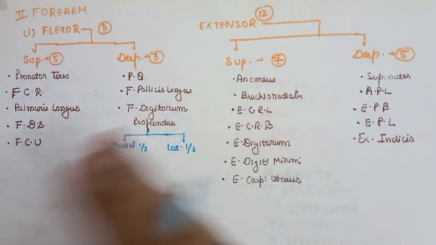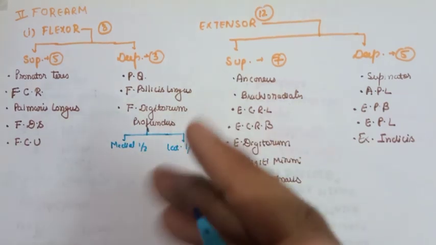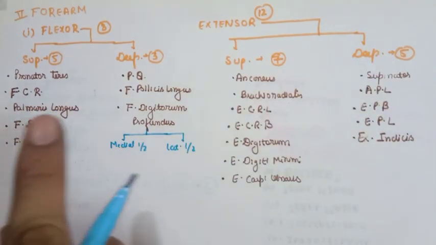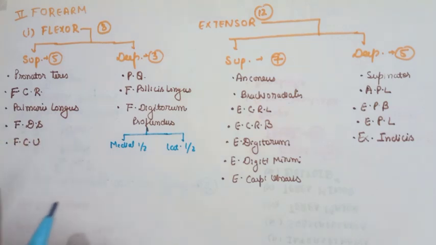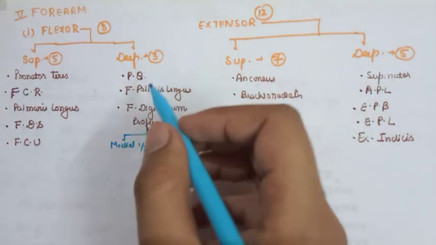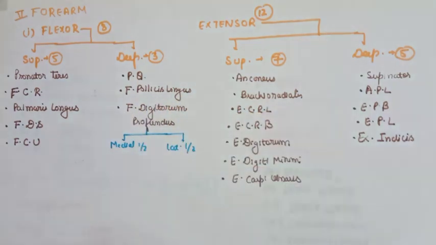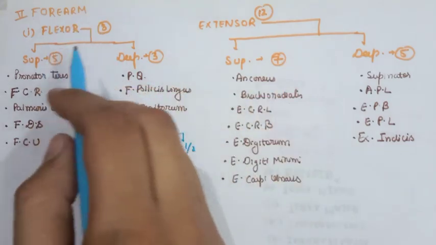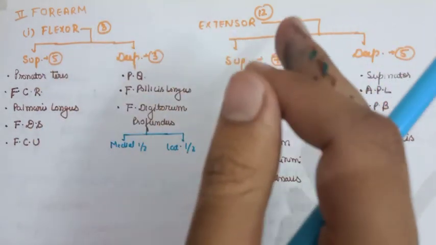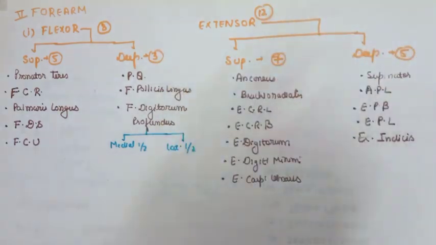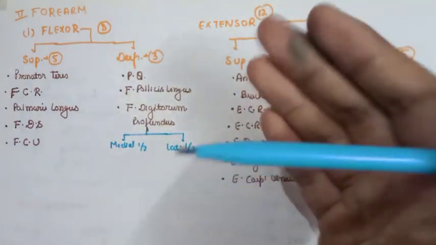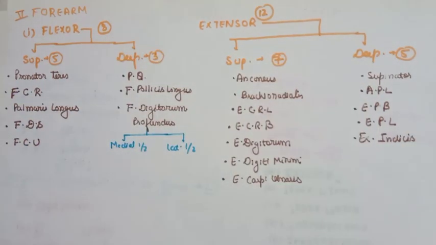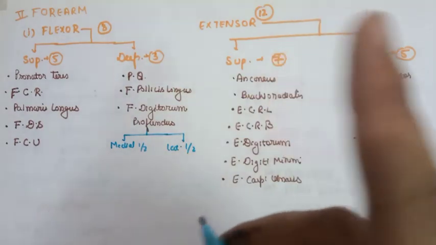Why is it divided? Because these two halves have different nerve supply, which we are going to discuss once we have completed all the names of the muscles. So we have pronator teres, flexor carpi radialis, palmaris longus, flexor digitorum superficialis, flexor carpi ulnaris. In the deep we have the pronator quadratus, flexor pollicis longus and flexor digitorum profundus. One thing you can see here is that in the flexor compartment of the forearm, all the muscle names start with either F or P. So you will never get confused with the muscles of the extensor group. The trick is already there in the video that I have already uploaded.